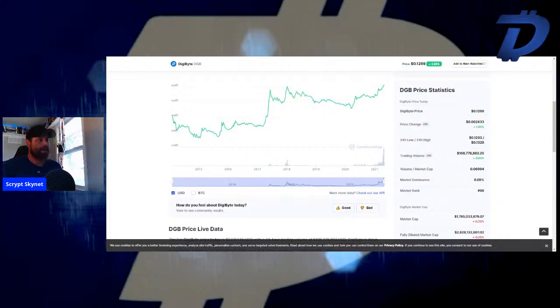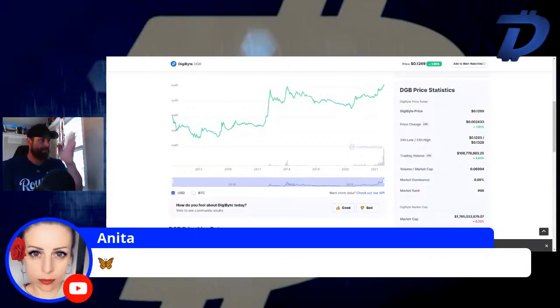So love you guys. Not your keys, not your crypto. Don't give your keys to scammers. Be careful. Hey, Anita, how you doing? I just want you guys to be safe out there. And remember, no one cares about you except you. You can't trust anybody, especially with your assets, your wealth, your life savings. And guys, start having an exit plan. Be prepared. I'm not saying exit on everything. I'm not exiting on DigiByte. I'm going to continue to build this thing.